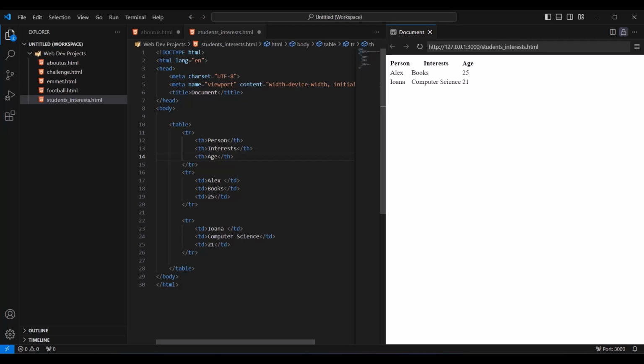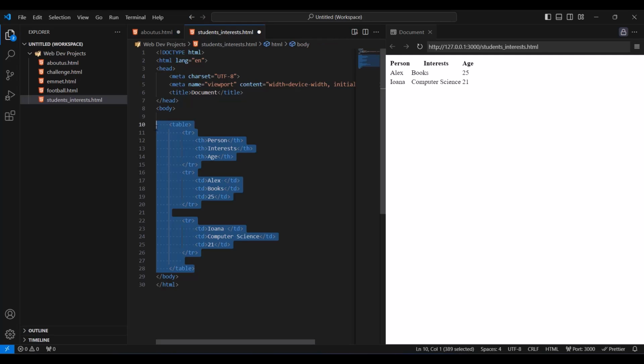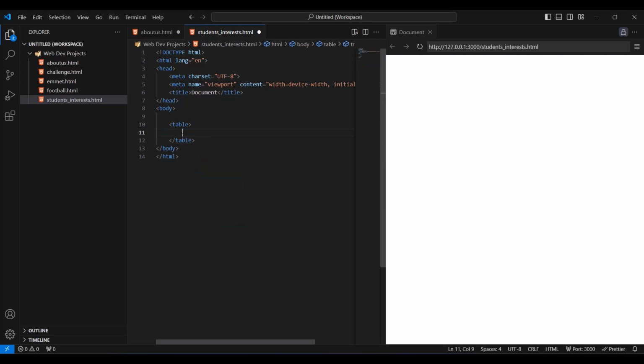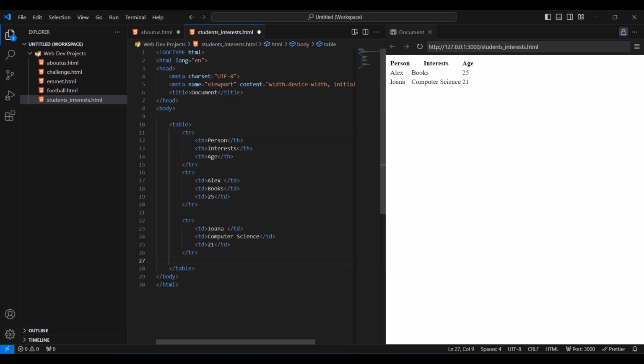Alright, so this is our discussion about tables. Nothing too complicated, you just need to know that this is the structure that you have when you create a table. Because if I delete all of this, let me copy first, the table in itself without that content, without those elements, doesn't do many things. So they work together to create this thing that you can see here. Okay, I will end this video here, and I'll see you in the next video.